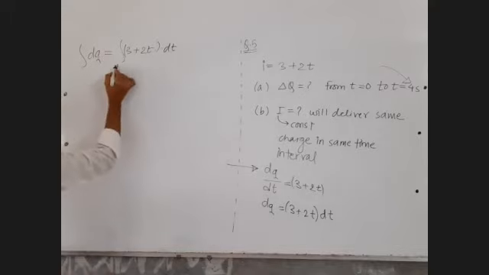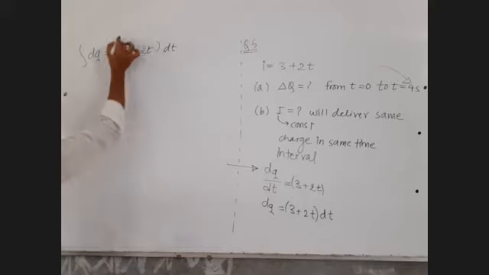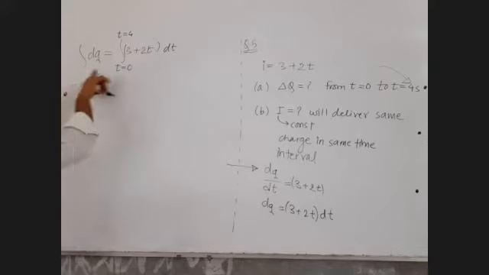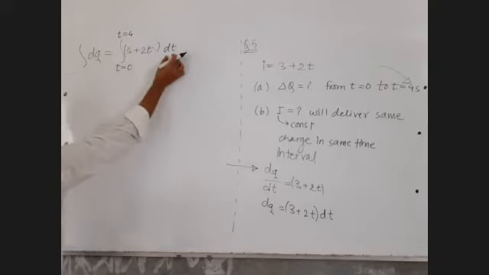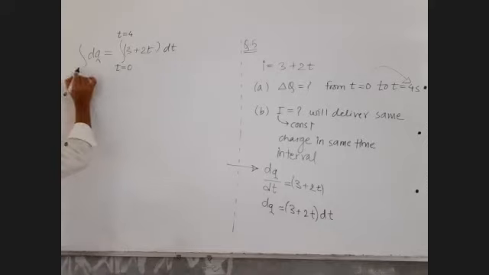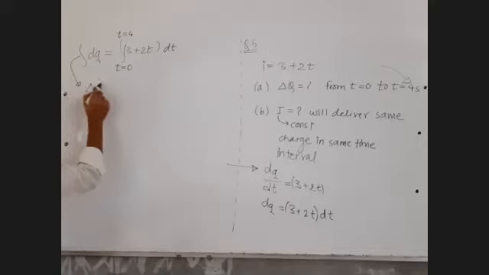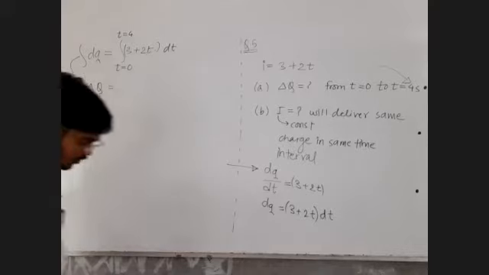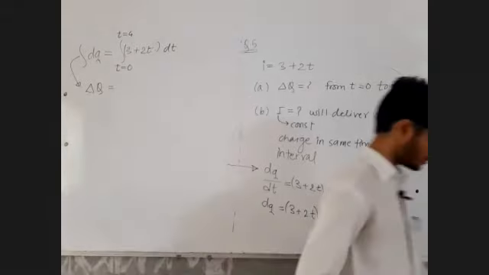Now when time t was equal to 0, when time t was equal to 4, we have to find out what is the total amount of charge flown. dq is the charge flown in time dt. What is the charge flown in time t equal to 0 to t equal to 4? Now some people will write initial charge flown equal to 0, final charge equal to q, integration dq, but I want to write this as total charge flown as delta q. You should not have any problem with that. Ansh, do you have any problem? I want to call this as z. Do you have any problem?